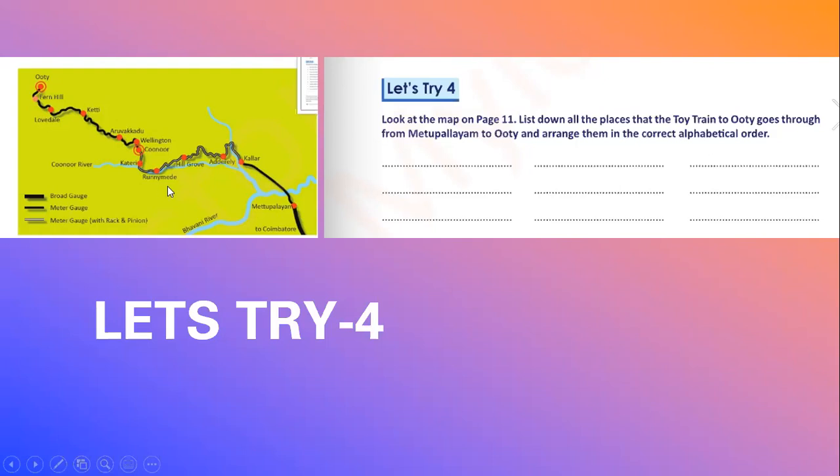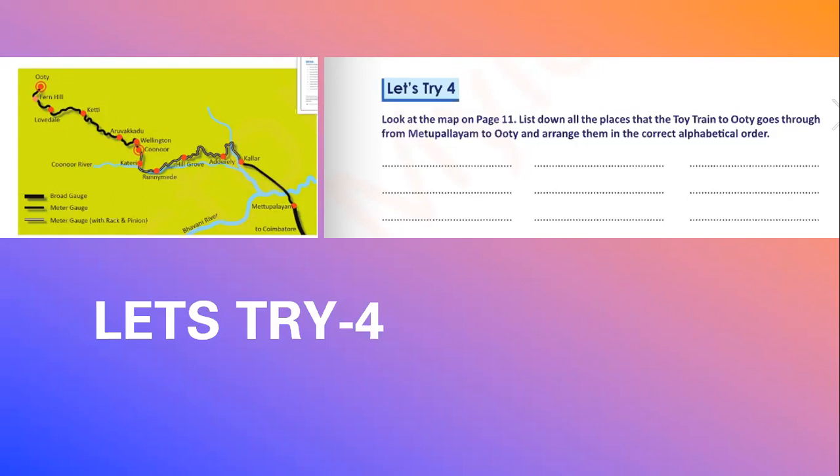After that, any names with B? No. C. Okay. We have Coonoor and Coimbatore. So which one will come? Both are starting with CO. Now, after CO, it should be I and O. Which one will come first?